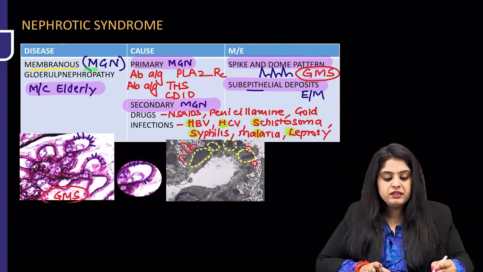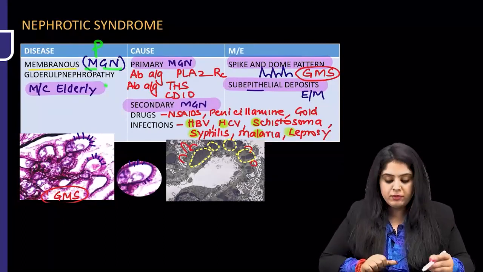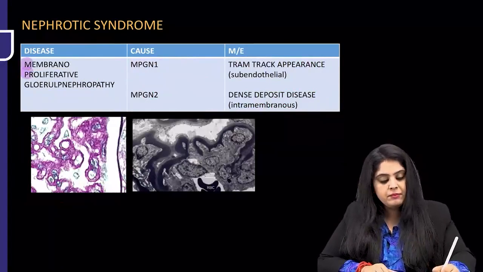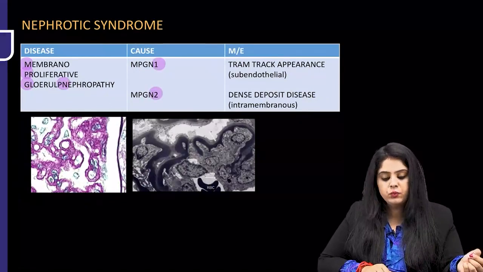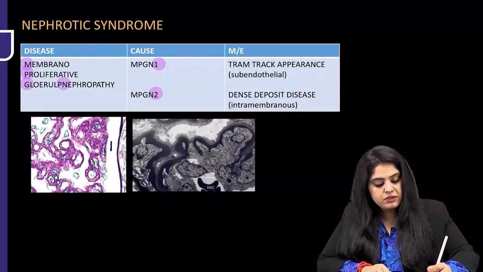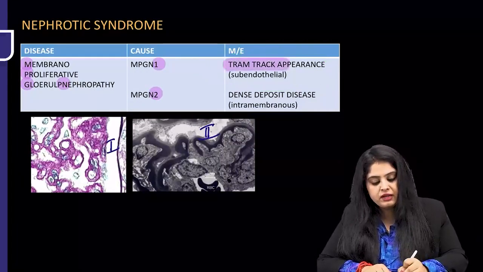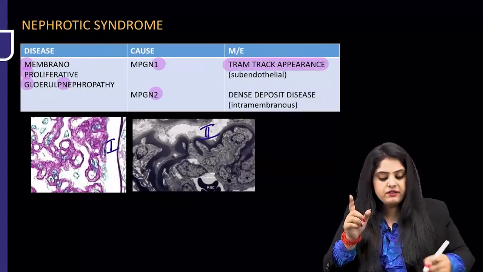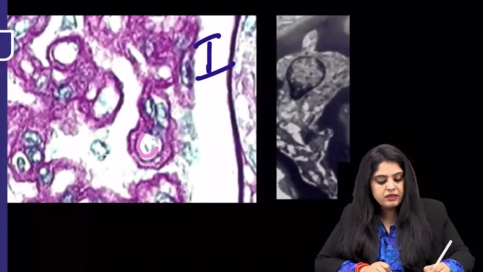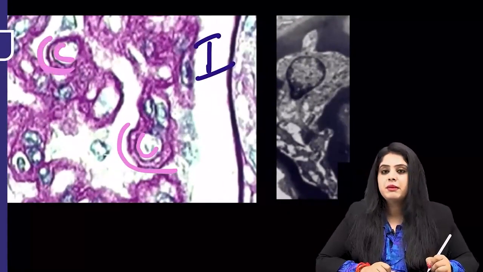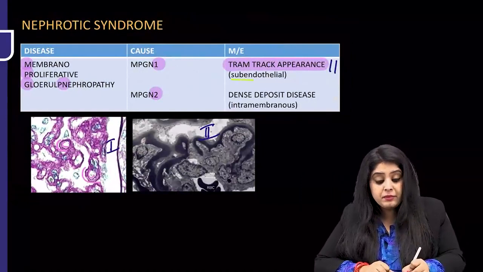Now, in that membranous glomerulonephropathy, I am going to add a P and make it membranoproliferative glomerulonephropathy. So what is MPGN? Membranoproliferative glomerulonephropathy, which can be of two types, MPGN1 and MPGN2. Please note, this is MPGN1, this is MPGN2. MPGN1 shows you the very famous tram track appearance. Tram track, what is tram track? Railway track, na? Railway track matlab two tracks. So if you look very carefully, you shall notice that the basement membrane is split into two parts. So basically tram track appearance is noted, and this is nothing but a subendothelial